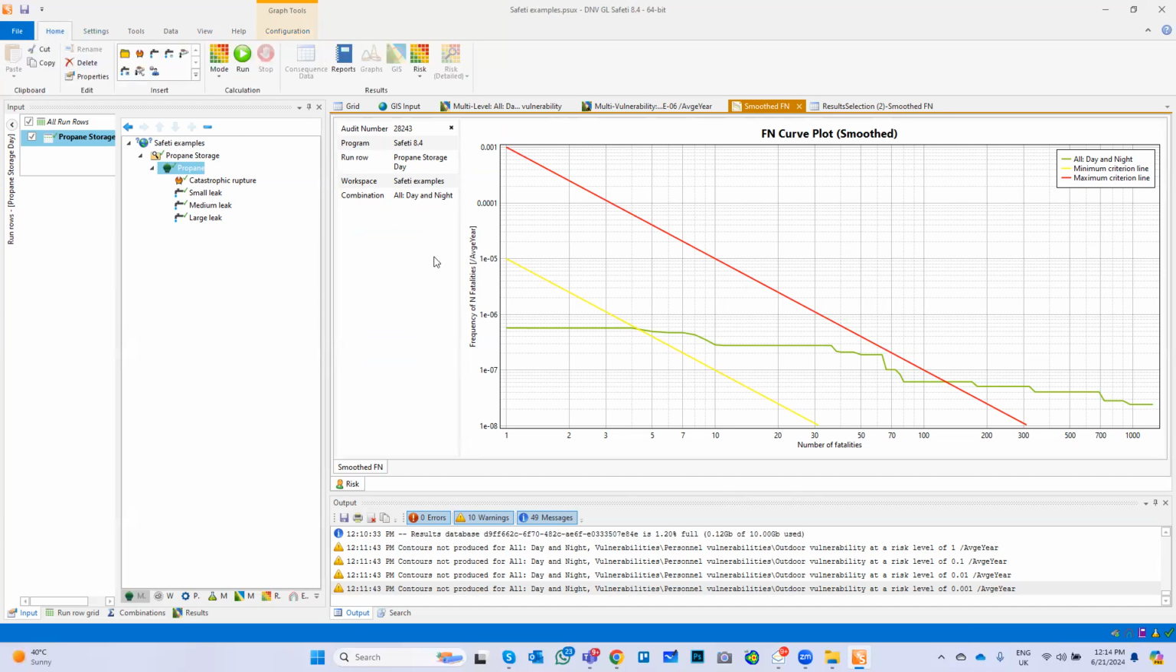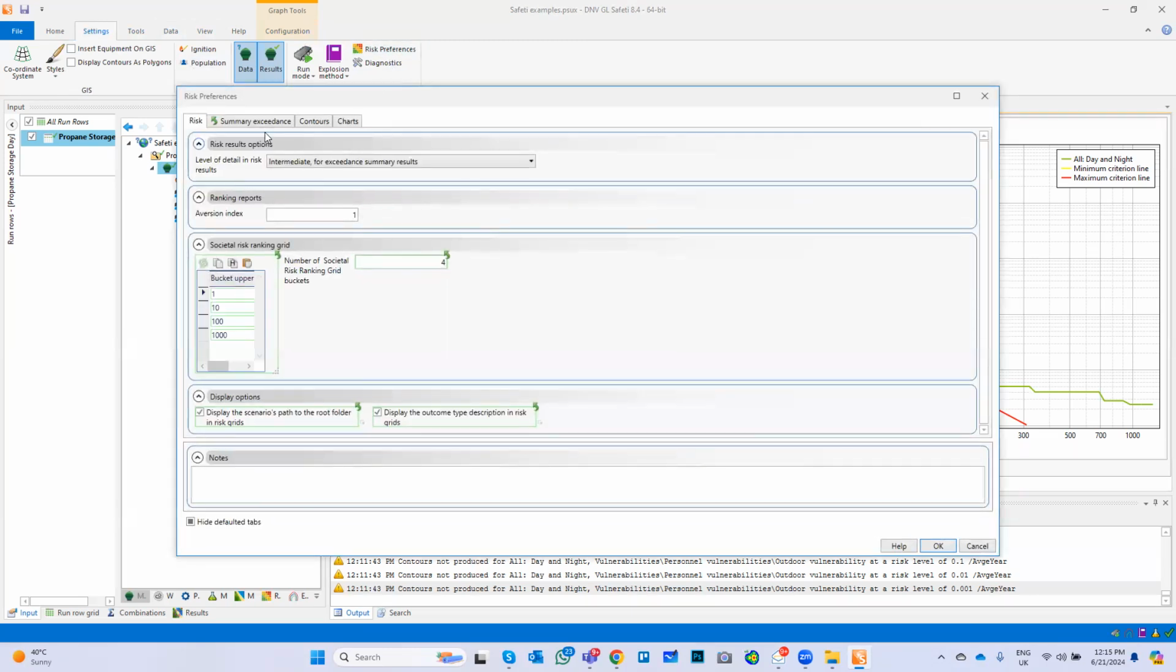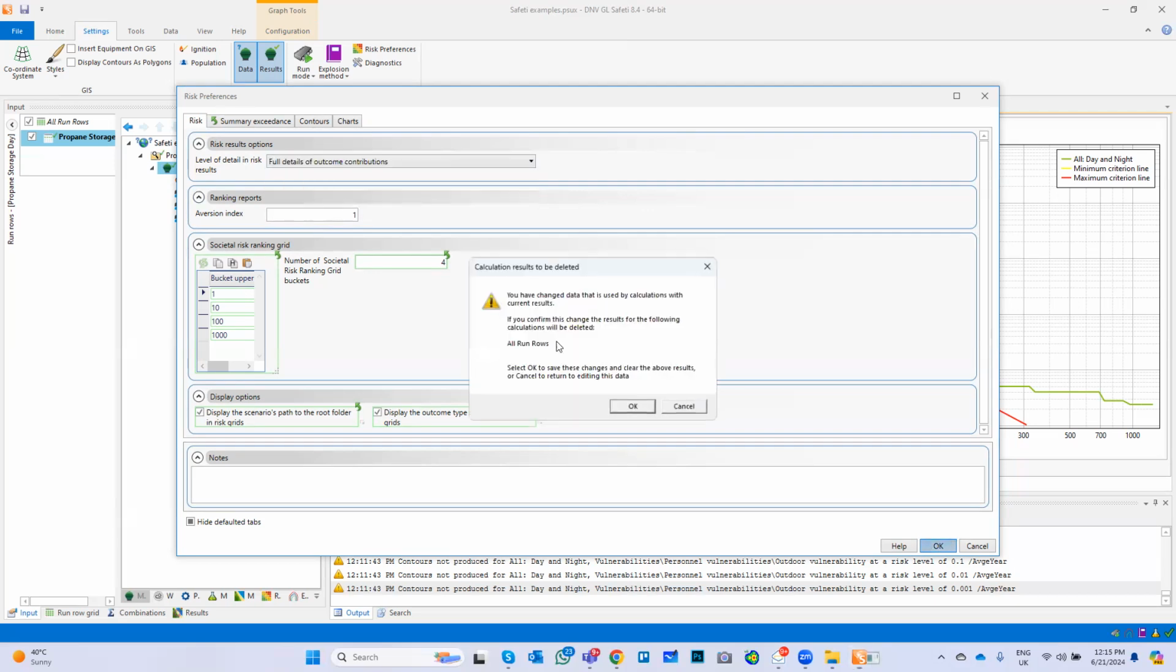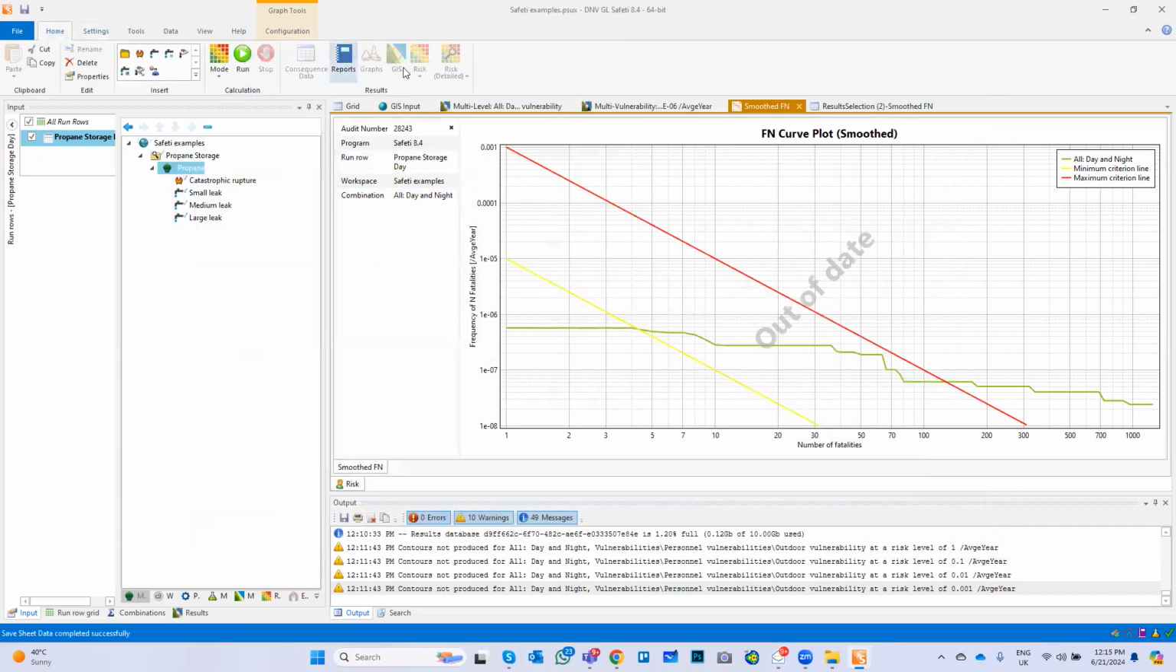In brief, and before concluding this video, here detailed risk is not available. How to make it active and get access to the detailed risk? When you go to settings, and from the settings you have risk preference. In risk preference, go to the level of detail in risk, choose full details of outcome and contribution, and then click OK. Once you modify these settings, going back to home,